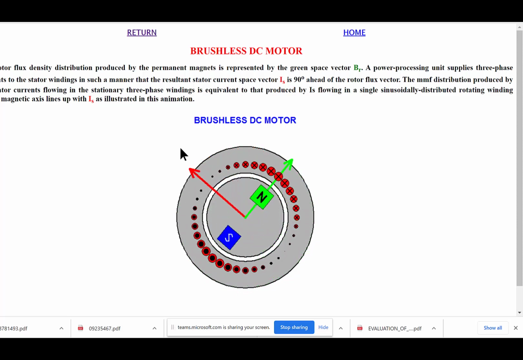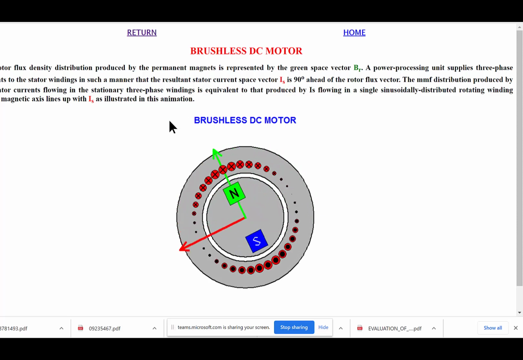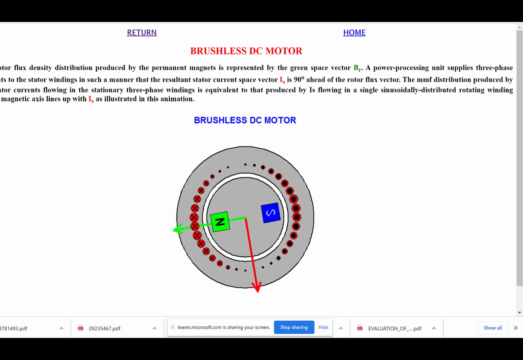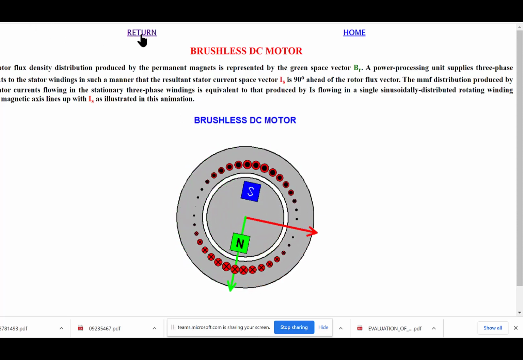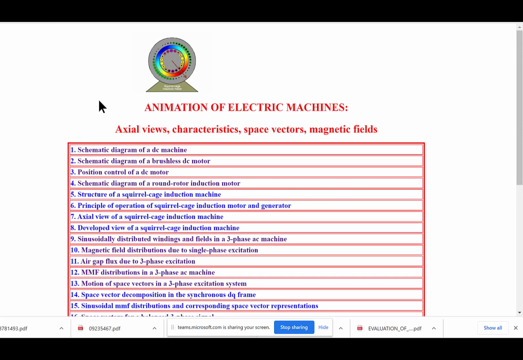So we actually do study brushless DC in the next semester in the drives class. But it's very interesting. It's a fun thing to build or even simulate. It's easier to build a brushless machine than a DC machine, I can tell you that. Okay, so anyways,